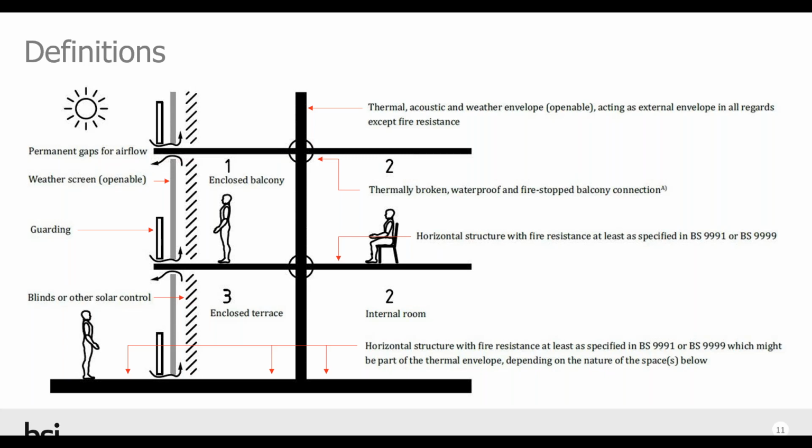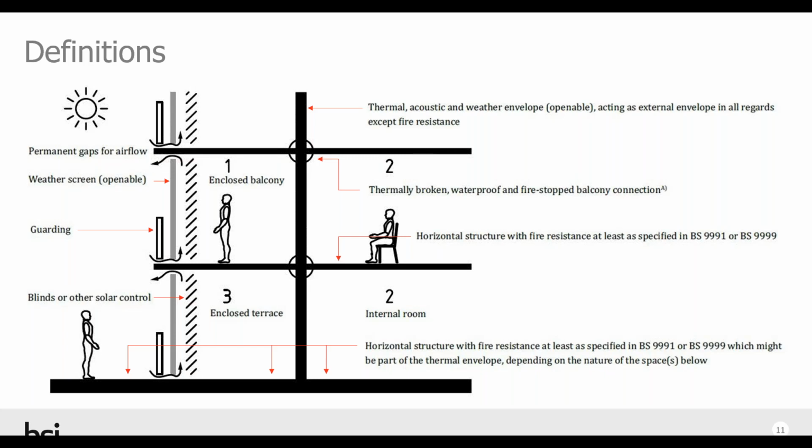That then causes the need for thermal breaks, where the thermal envelope passes through the structure, which are coincident with the waterproofing line and will necessitate some form of fire stopping in order to prevent the spread of fire through that zone. Then we've got the balcony structure,